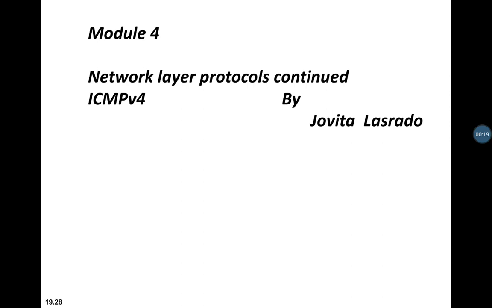So in the previous class, we had seen that the IPv4 protocol datagram format was studied, and also related to the datagram a few problems were solved. And also in the previous class we had studied the fragmentation concepts, and related to that a few problems were solved, and we had gone through the different options and security issues. In today's class, we'll be discussing the Internet Control Message Protocol version 4.